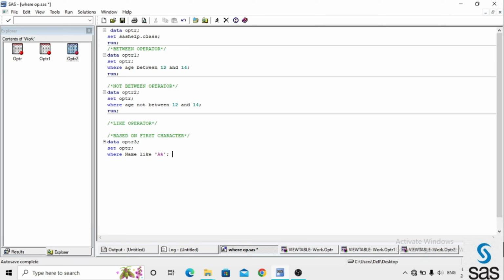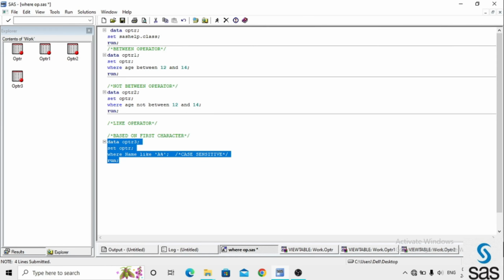It means whatever observations in the name variable start with a, we are getting those observations from the name variable. We are running this code. And one more thing: the LIKE operator is case sensitive. Got it?